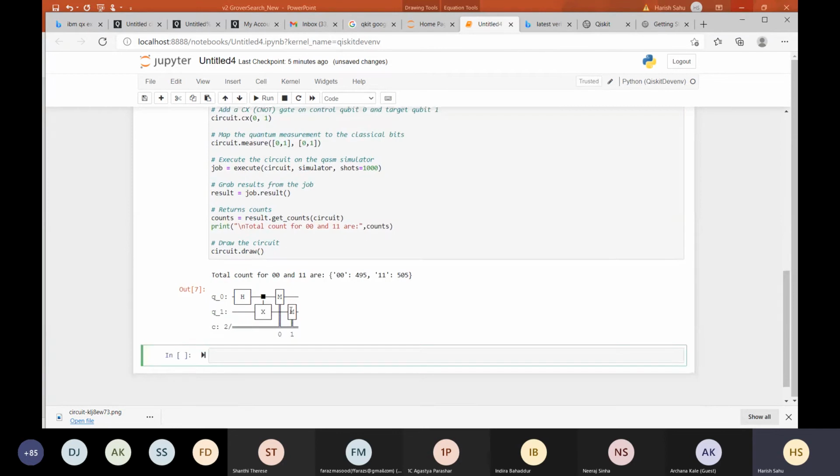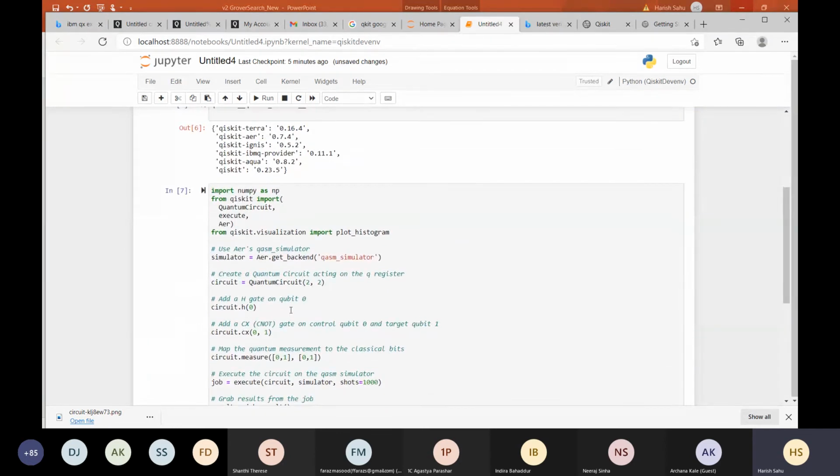So what we have seen here, if you go through this code, is that we are just importing some of the libraries which we will be requiring. So this is the import part, and this get_backend command is giving us the backends, which are basically simulators and actual quantum devices. So we are using a quantum simulator here. You can also use IBM Melbourne or another quantum computer in this. The simulator instance we have created using this Aer.